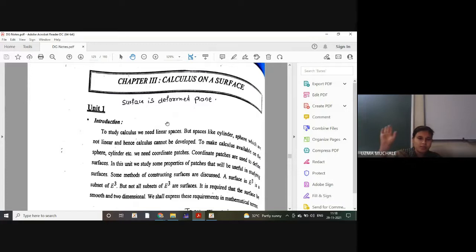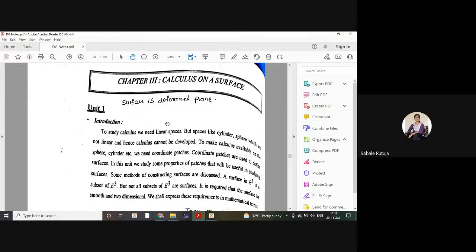Initially, in the first lecture of differential geometry, I had told you that in the whole E3 space we are going to study smooth curves. Up to two chapters we have studied smooth curves. Just like you know about a regular curve. Regular curve means what? Alpha dash of t is not equal to 0. Do you remember the definition of a regular curve?